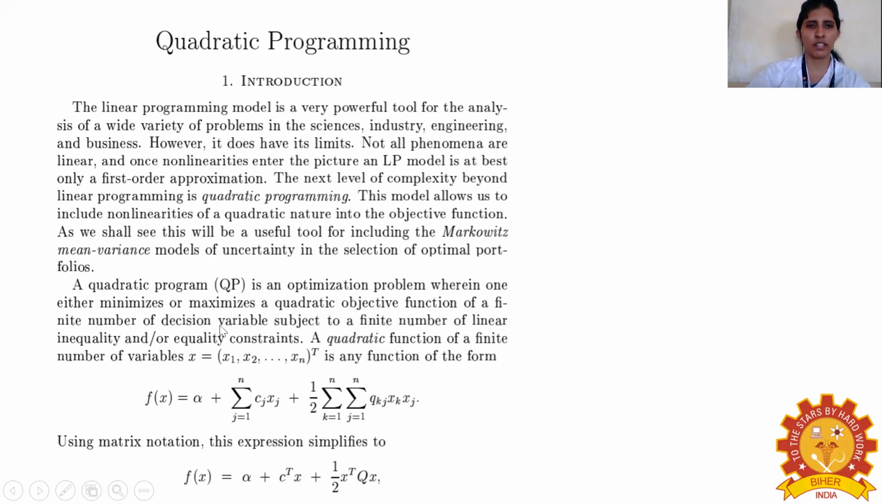finite number of decision variables subject to a finite number of non-linear or linear inequality or equality constraints. So a quadratic function of a finite number of variables, x equal to (x1, x2 to xn) to the power T, is any function of the form f of x. Okay, so this is the objective function here. So f of x will be equal to